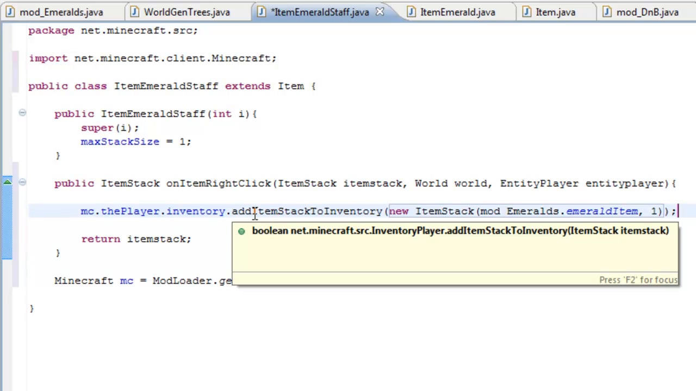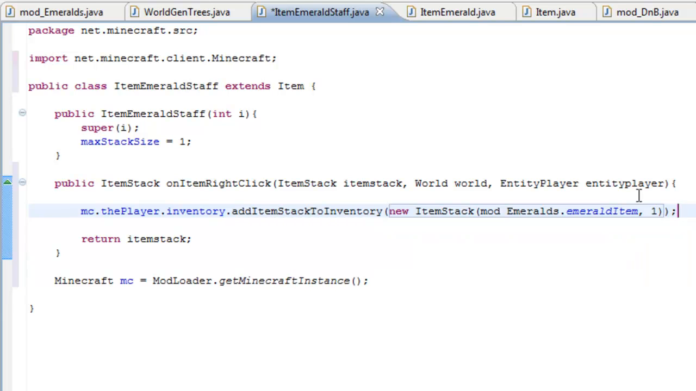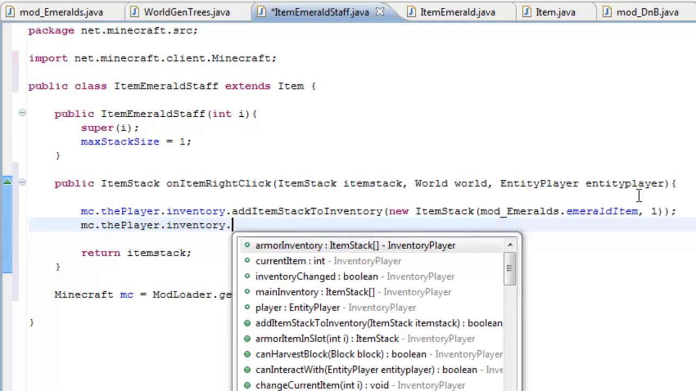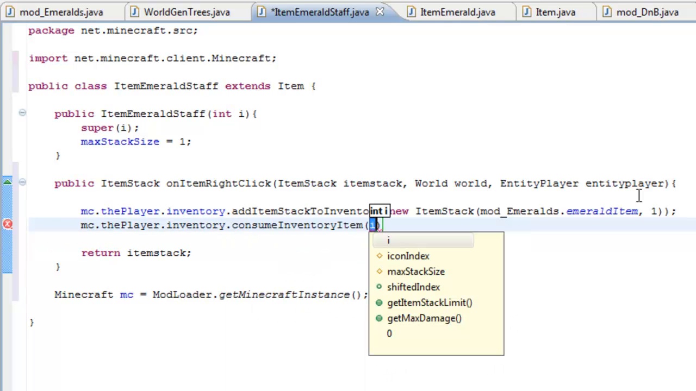So this will work and everything, but we want to do one more thing. We want to remove an item from the player's inventory. So this is a similar thing. What we do is put mc.thePlayer.inventory. Now we put consumeInventoryItem. What this does is it will remove